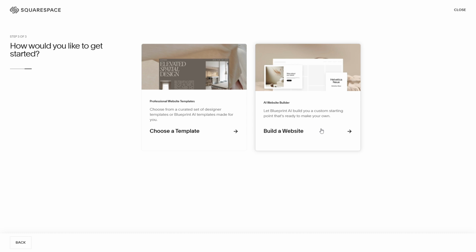You have the option to either select from a wide array of beautifully pre-designed templates that suit various needs, or if you want something more personalized, you can use the AI-powered tool, Blueprint AI, to create a site specifically tailored to your business information. This AI tool can be especially helpful in generating a custom site layout that resonates with